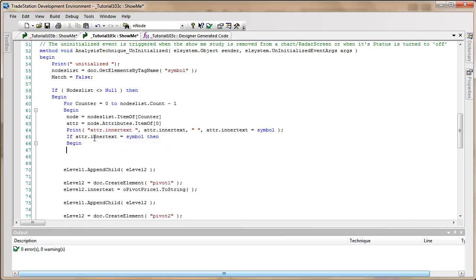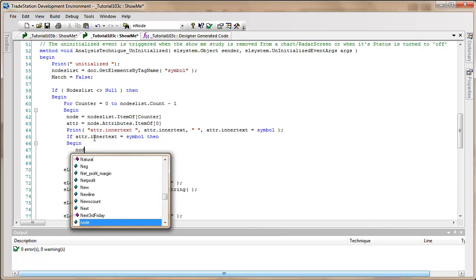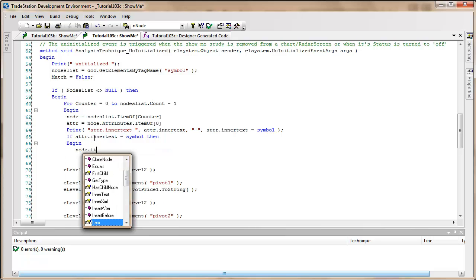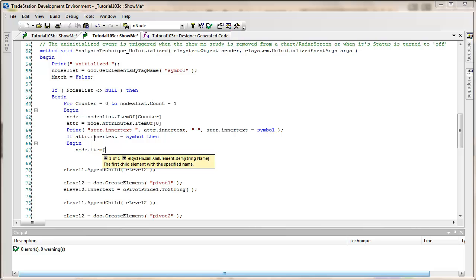So we're going to do that in a begin statement, and we've got a node, so we go node.item, and then we know that the items are delineated by those names. So datetime is one of them, pivot 1, pivot 2, pivot 3 are the other ones. Dot inner text,